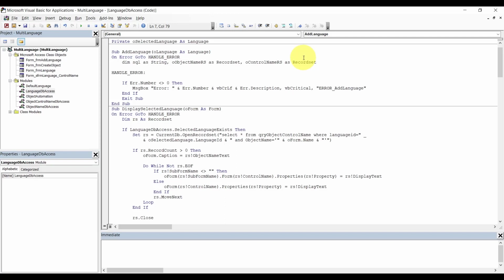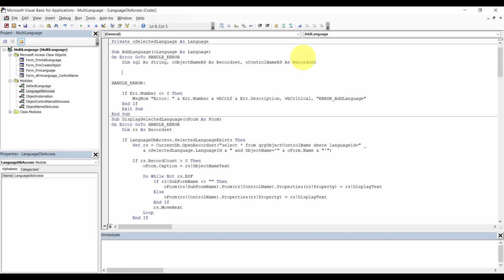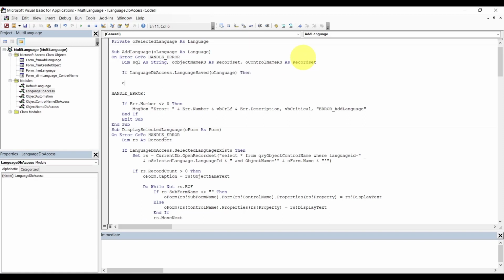All right, we're going to need 2 sets. First thing that we need to do is to say if language db access language safe or language, then